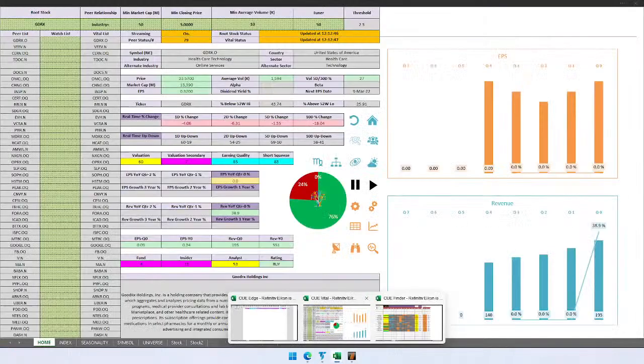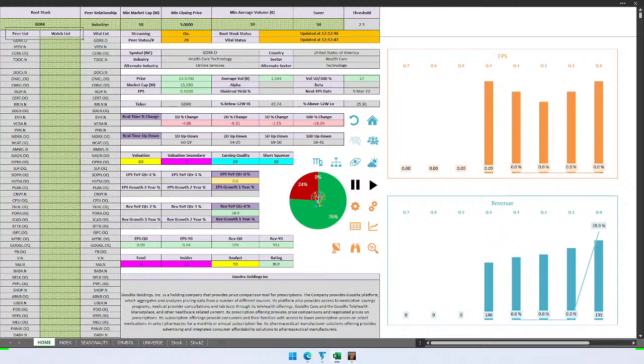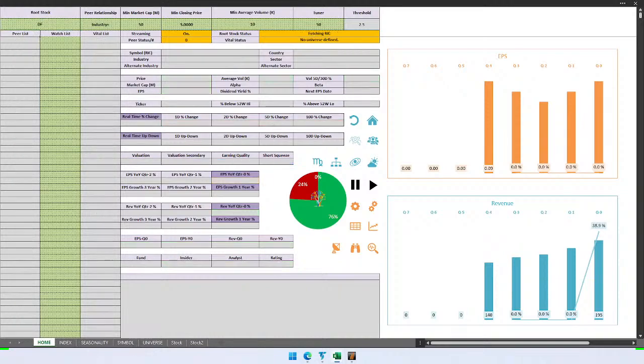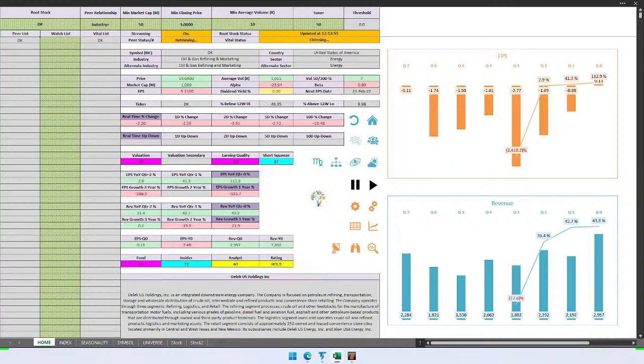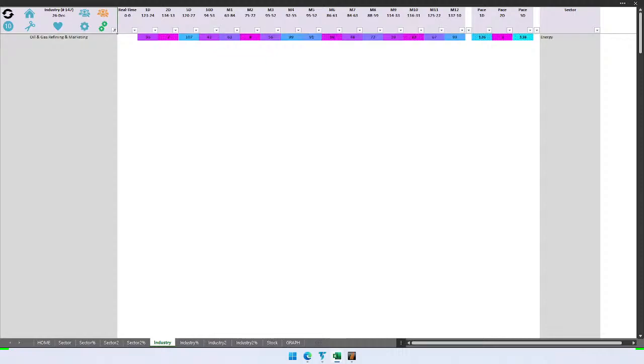And if I go back to DK, I'm going back to DK to check its industry. I already know fundamentals allow me to short, technicals allow me to short. So I'm just going to look at the relative industry strength for oil and gas refining and marketing using QH. It is weak. Instantly from the color coding I see it's weak.